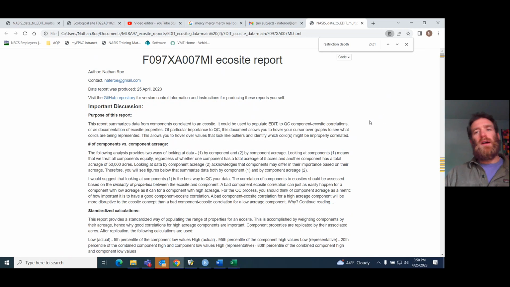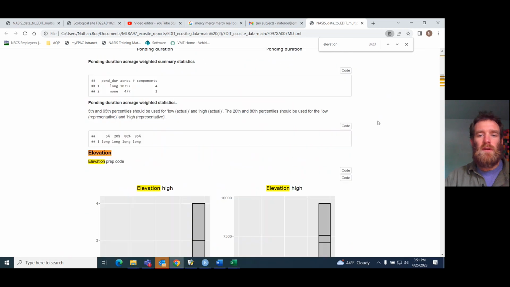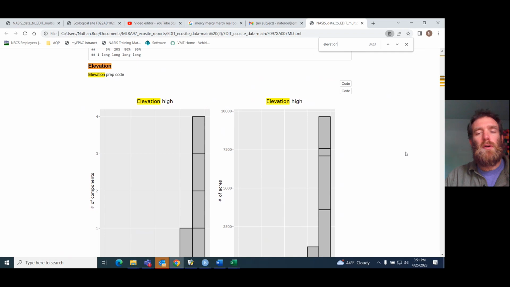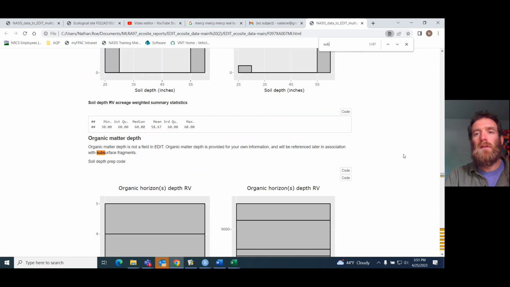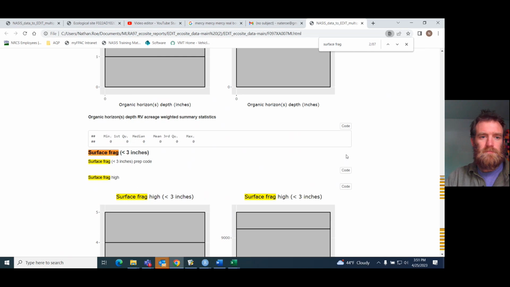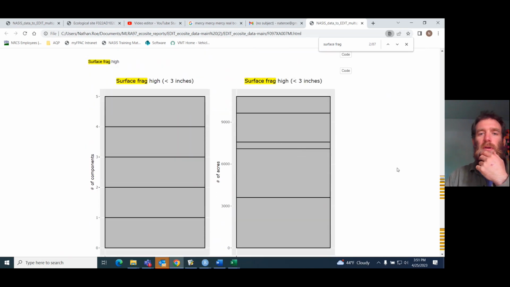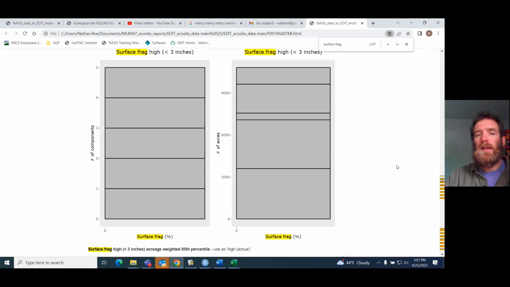So there's just a couple other things that I want to mention. There are a few fields in this report that are not as simple to report as others. Things like elevation come directly out of component data, and they're really simple. But some of this data is a little bit more difficult, like let's look at surface fragments. Surface fragments are a little bit more complicated because the data in NASIS is not really designed to be able to give us surface fragments